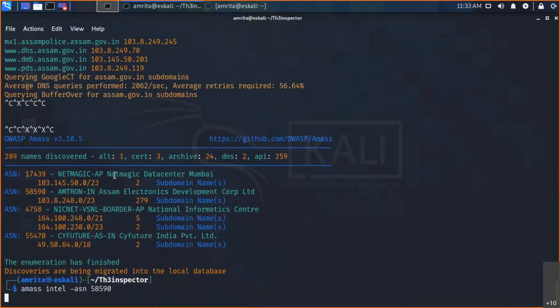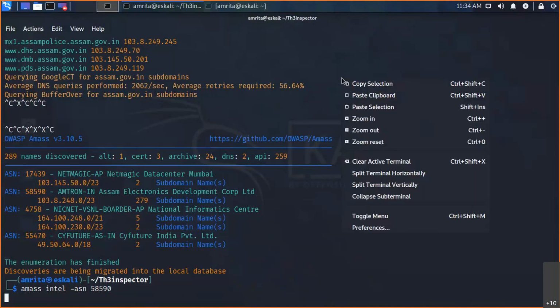Well, it will take some time. We'll come back to that result later. Let us run another tool in parallel, and later I will show you this result. Well, it is taking some time.